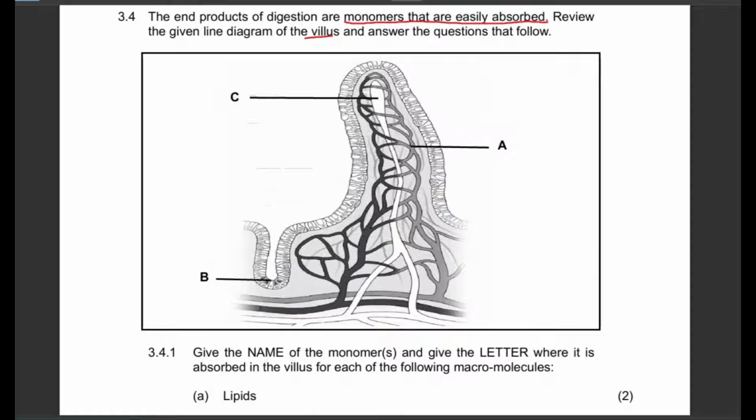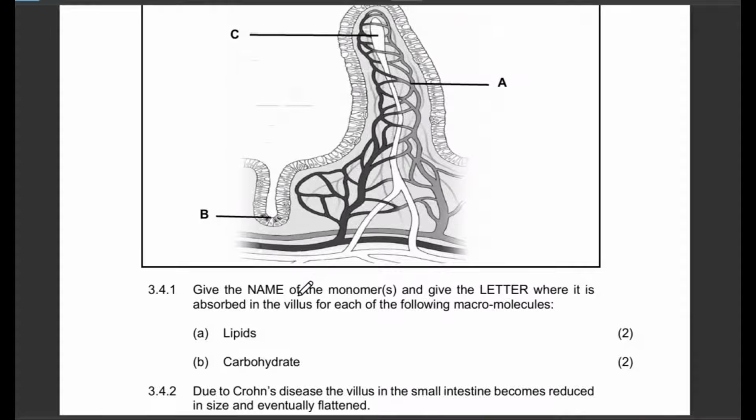All right. The end products of digestion are monomers that are easily absorbed. Monomers are basically building blocks, right? So building blocks they're going to ask us in the question. Review the given line diagram of the villus and answer the questions that follow. Give the name of the monomer, and give the letter where it is absorbed in the villus for each of the following